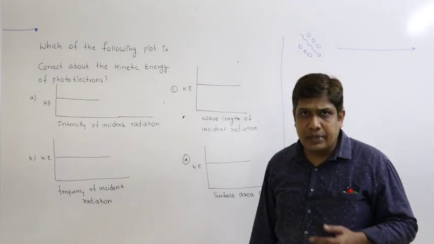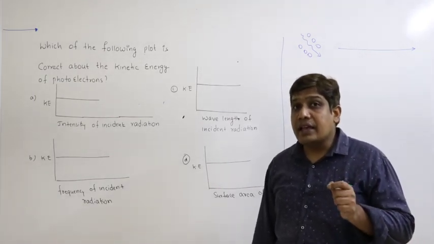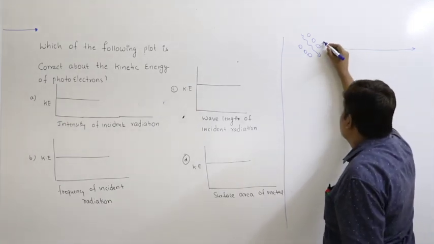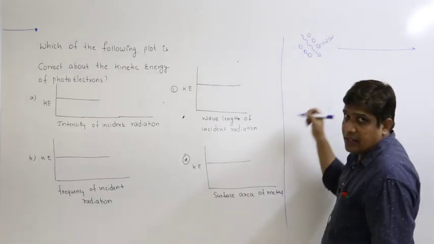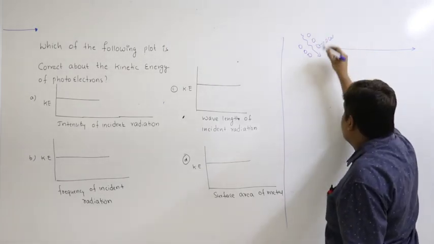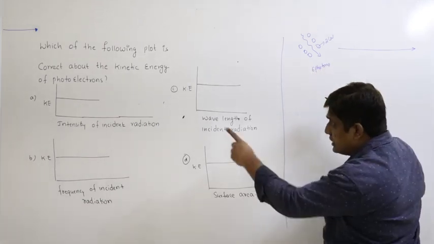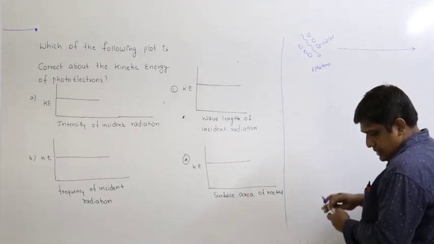Increasing the intensity means emitting more number of photons with the same energy or frequency. So if energy of photon is say 2 calories, each photon energy is 2 calories. How many photons are emitted here? 6 photons. When I increase the intensity, let us say